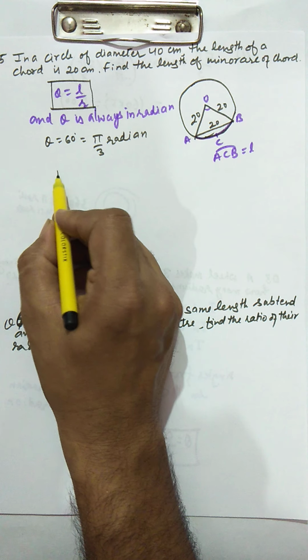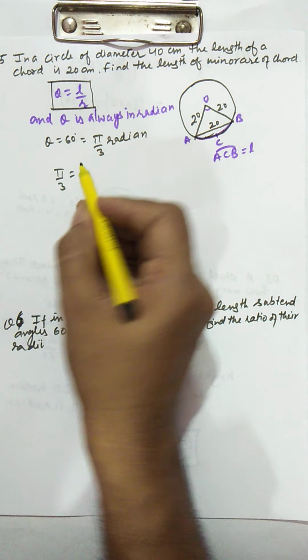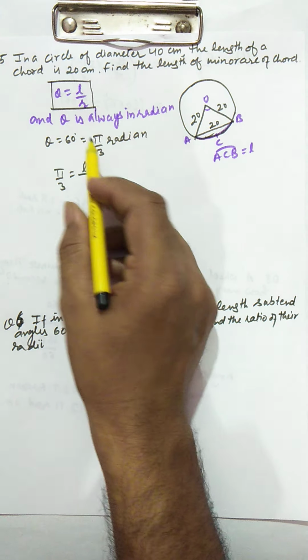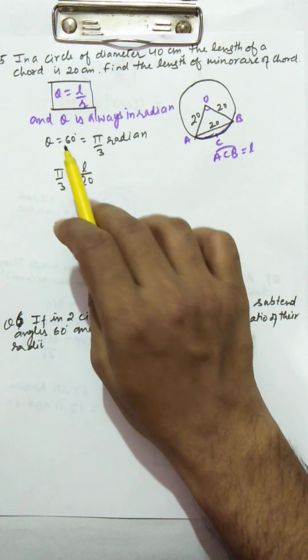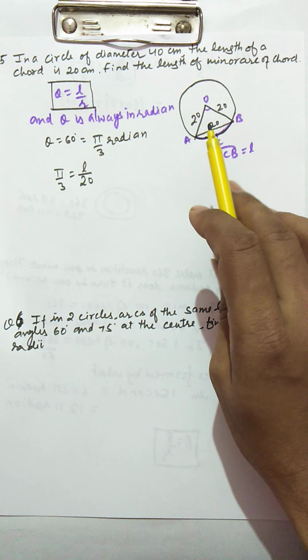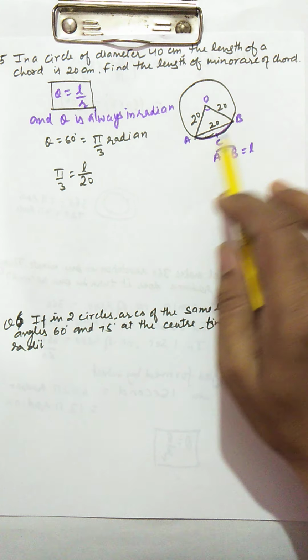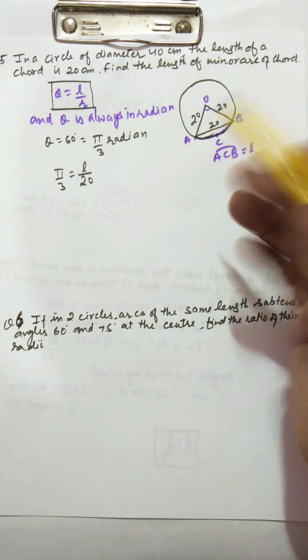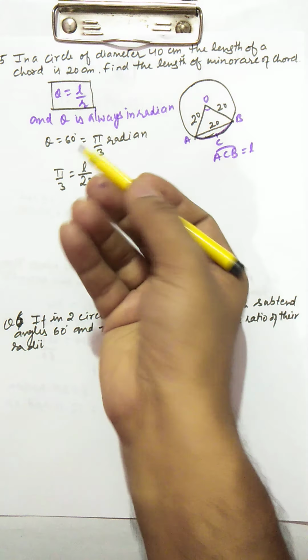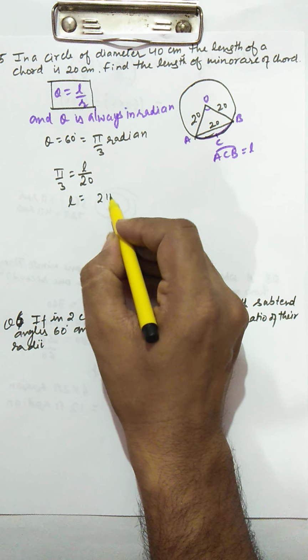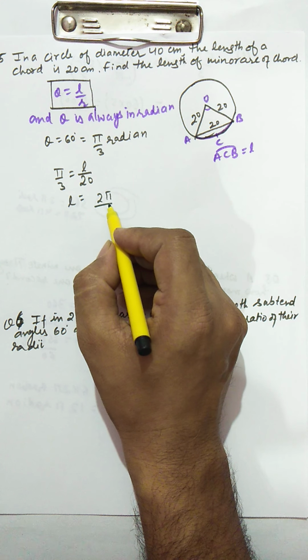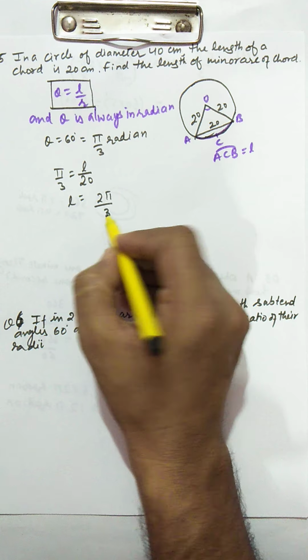We'll put that angle into this relation that we have already seen. So theta is pi by 3, you put the value. L we don't know, and R we know, this is 20. And why this angle is 60 degrees, I think there is no need to mention much. You can see that OAB is an equilateral triangle, so each angle will be 60 degrees. So now from here you can find L. L will be 20 pi upon 3.